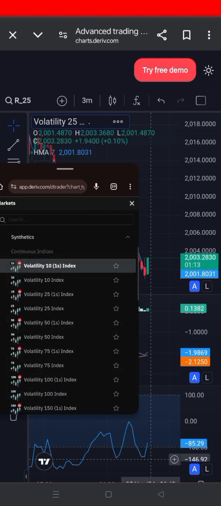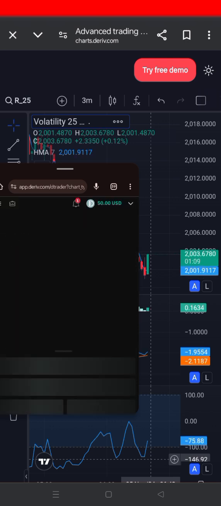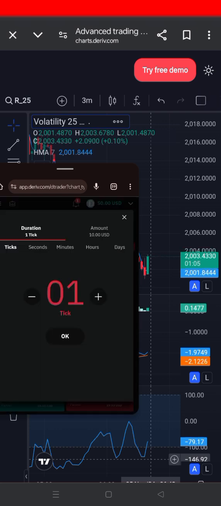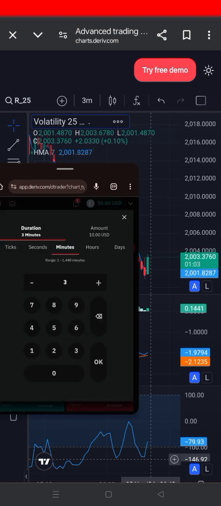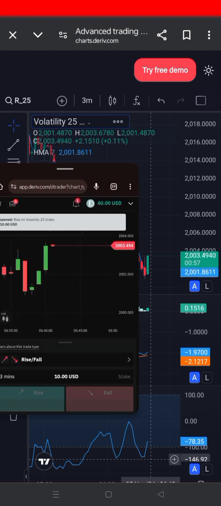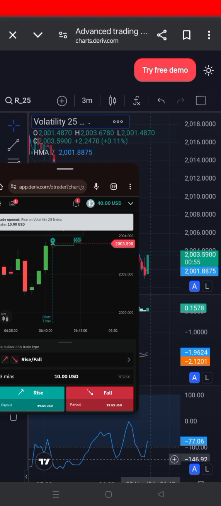Looking at the CCI, it's in the oversold area, meaning we have to go up. Then the MACD shows the blue line on top of the orange line, so we can now pick a trade using this. So you change your 2 minutes, not ticks, to 3 minutes, and then you can place a rise before the next candlestick